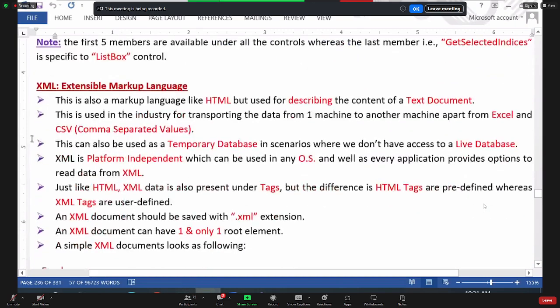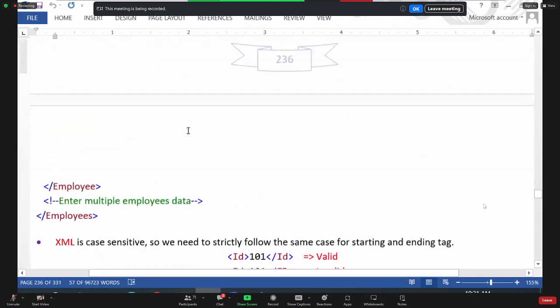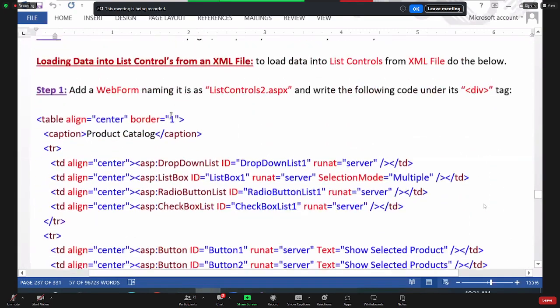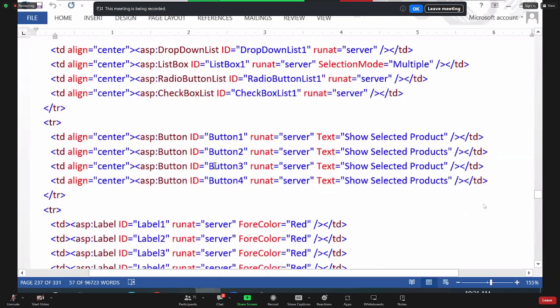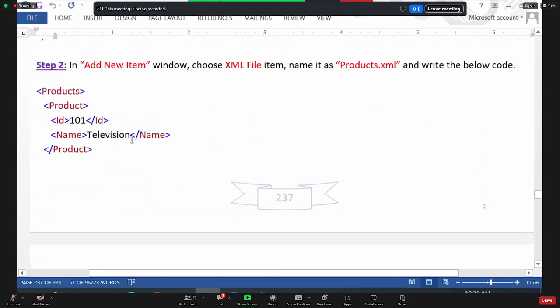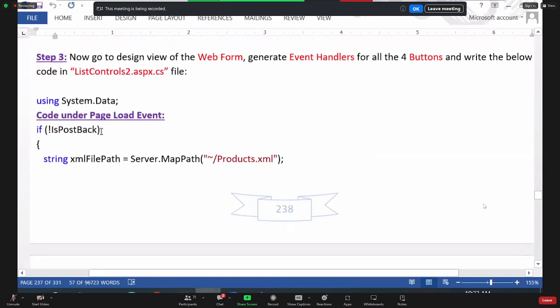Yes or not? See, this is what I started in the morning now. XML, all the things I explained to you here. Then loading data into list controls from an XML file. This is a page I created. Okay. Next, add a new item, XML file. This is a flux.xml code. Next,